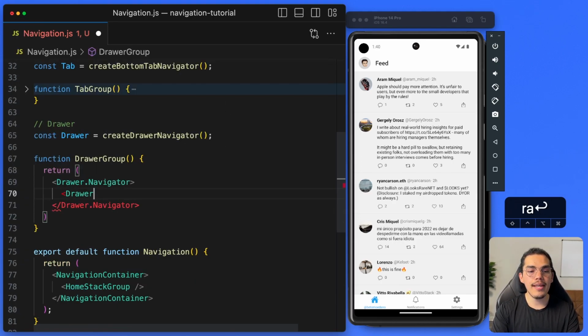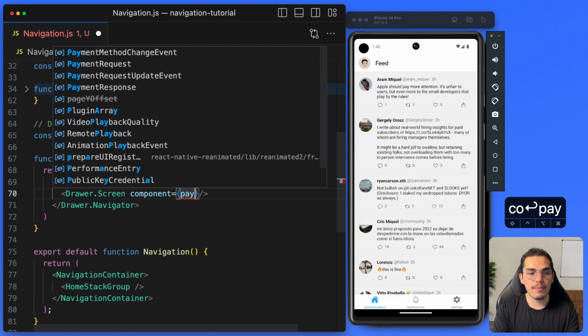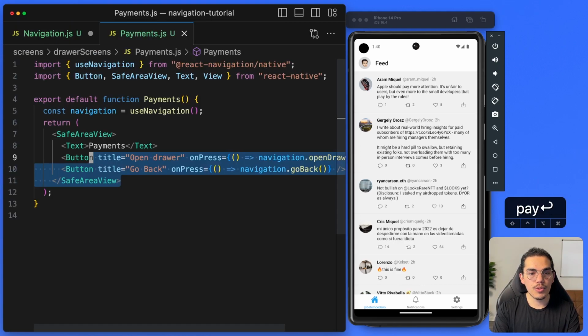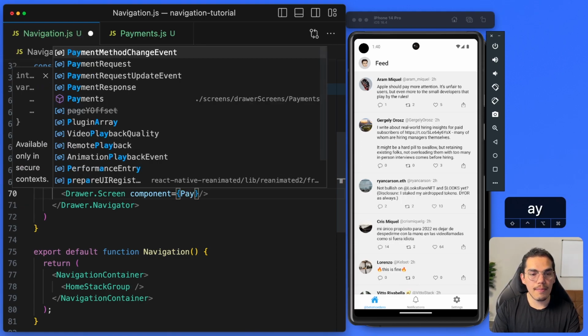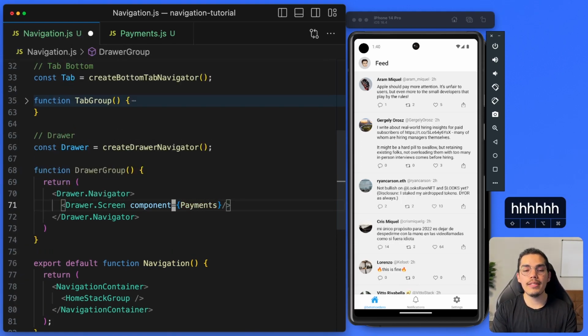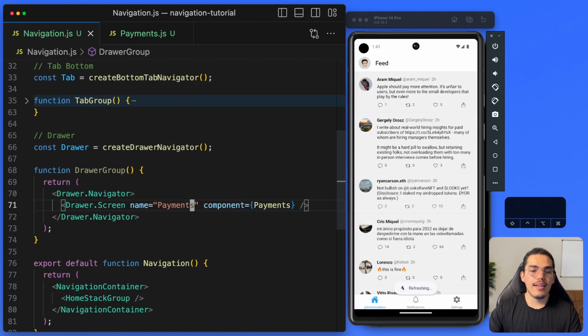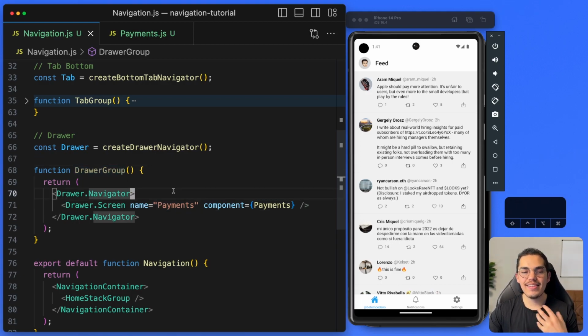So I'm going to say Drawer again, dot Screen, and the main screen that I want to have here, for now, let's just say Payments. So I'm going to specify a component. I'm going to say PaymentScreen, and I'm going to open this payments, so I get the autocomplete and I can select it. It's automatically imported. So we can select this name and put it here. Cool. Now if I hit save,